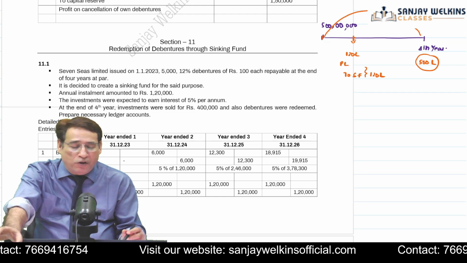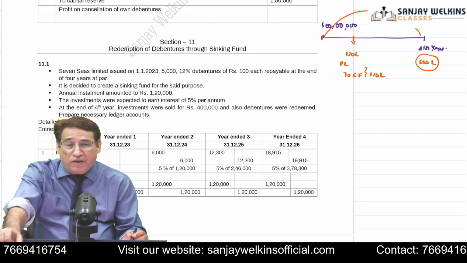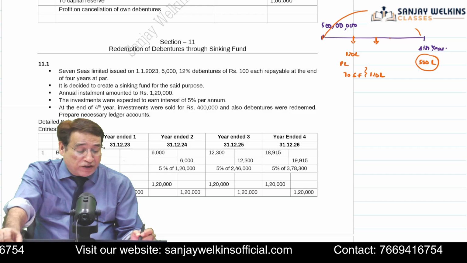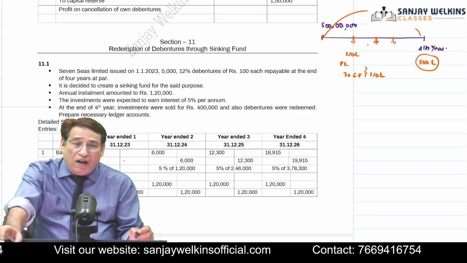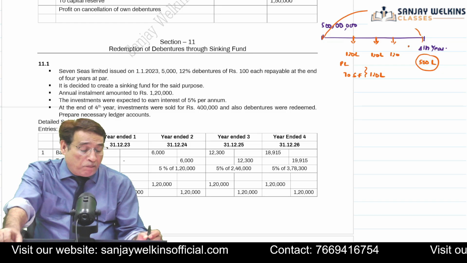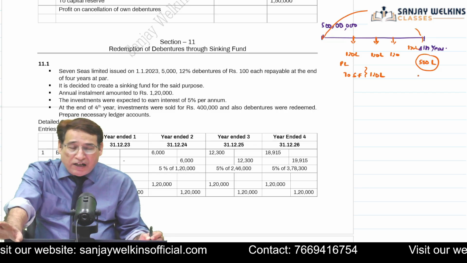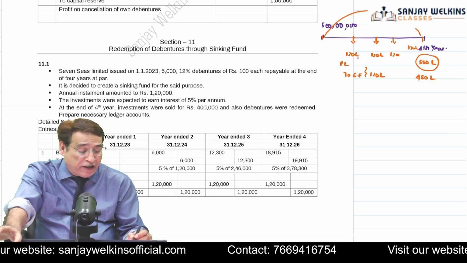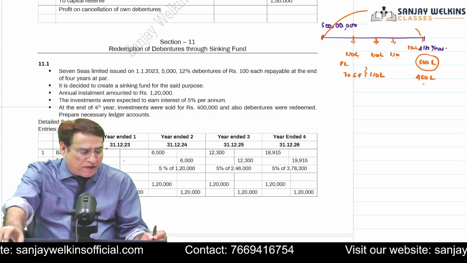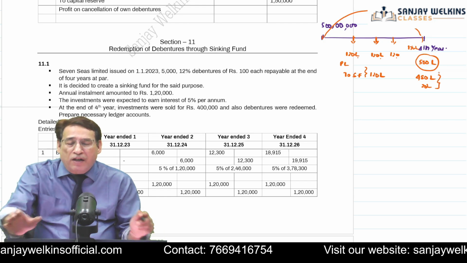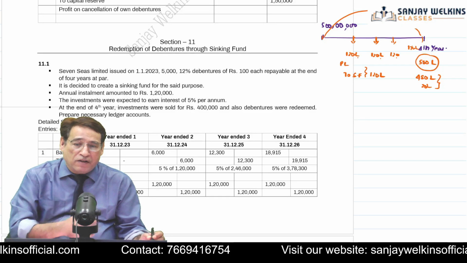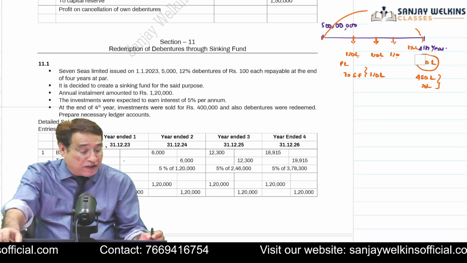Are you getting my point or not? Indirectly, you can say the directors of the company have decided to save a part of the profit. So the directors have decided that we are going to set aside every year 120 lakh, 120 lakh, 120 lakh, so that by the end of the fourth year, we have at least out of this savings 480 lakh, 120, 120, 120, 120. That makes it 480 lakh. And the rest of the balance we can arrange easily. So you can see at the end of the fourth year, there will be less load upon us as far as repayment is concerned. I hope you got a bit of an idea of what exactly a sinking fund is.